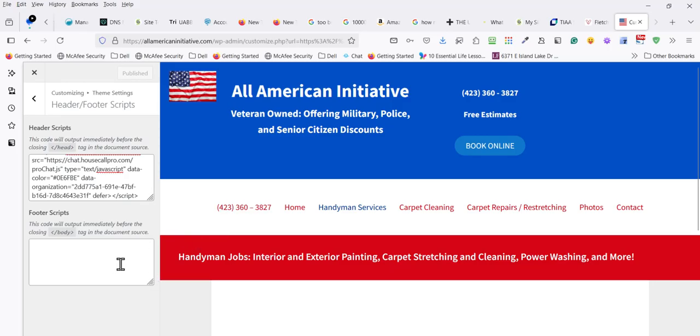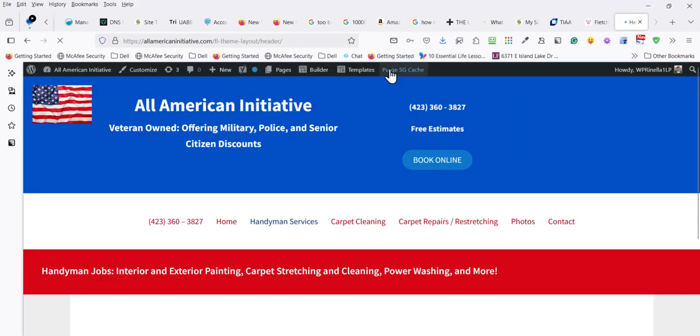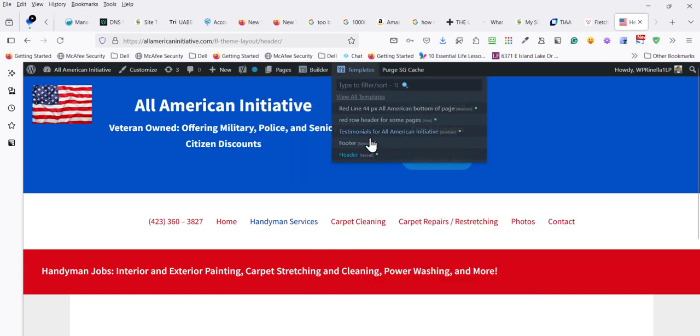But where I'm at right now, Tim, I'll leave this just so you can see it, but then I'll remove it when you tell me to remove it. And then this column's open for whatever we want to put in here. So, as an example, again, I'm going to close this down. If I go to my templates, go to my header,